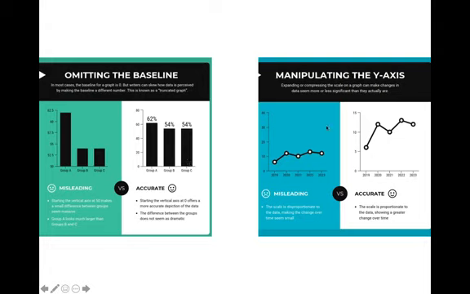Here also is one way of misrepresenting the data: by manipulating the y-axis. They expand or compress the scale on a graph, which can make changes in data seem more or less significant than they actually are. So the scale is disproportionate to the data, making the change over time seem small. The scale here is in intervals of 10. In this second graph, the scale is intervals of 5. So the scale is proportionate to the data, showing a greater change over time.